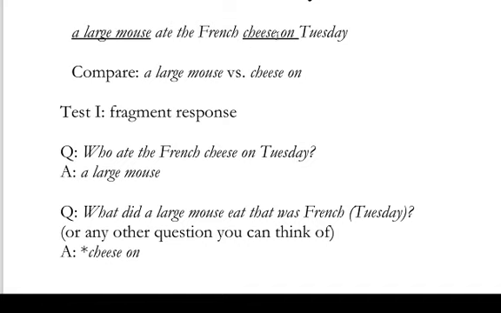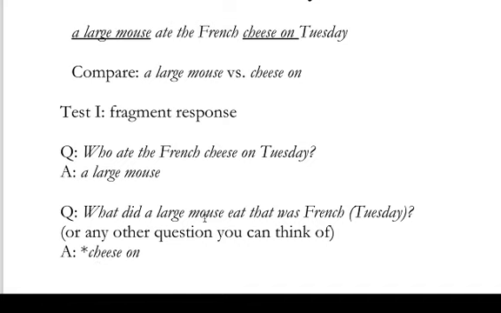Compare this to our other sequence of words here, cheese on. First of all, there is no obvious way to even form a question by leaving this element out. Here's my best attempt: what did a large mouse eat that was French Tuesday, or something like that? Any way you can think of forming this question, it's never going to have a well-formed answer. Cheese on, right? That is just not a possible answer to this or any other question based on this sentence